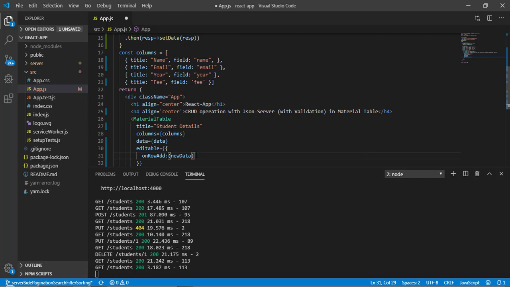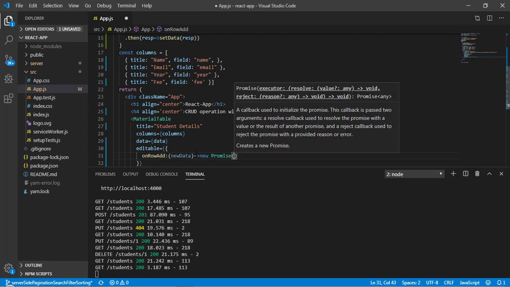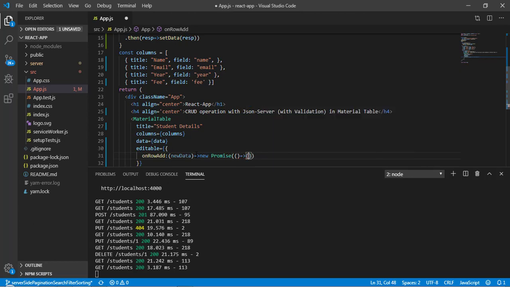So newData, and here I will return a new promise. Okay, and this promise is going to take a callback function, and this is going to give me two parameters. First is called resolve and second is reject.